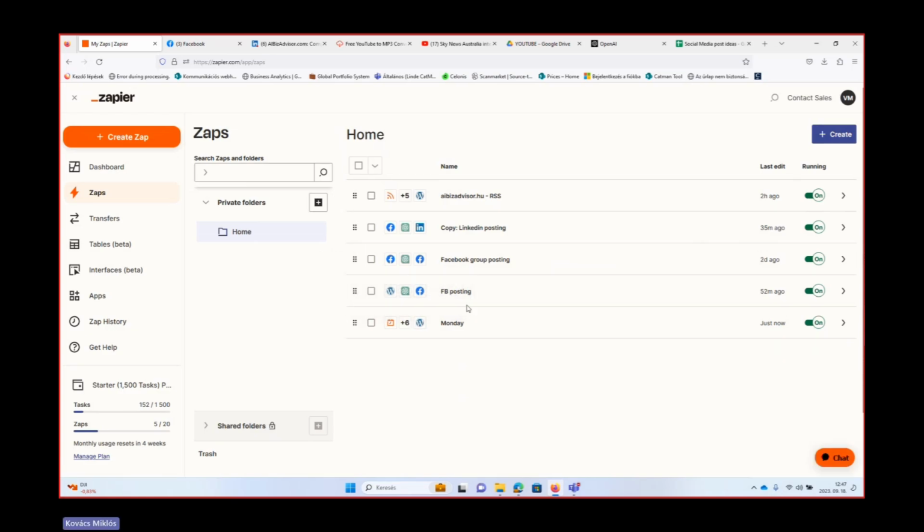And of course, if my workflows are working, then after the blog post is generated, the Facebook post will also be generated. Of course, you can have other logics where you create a Facebook post instead of a blog post on Mondays. So it's really up to you how you design your logic.